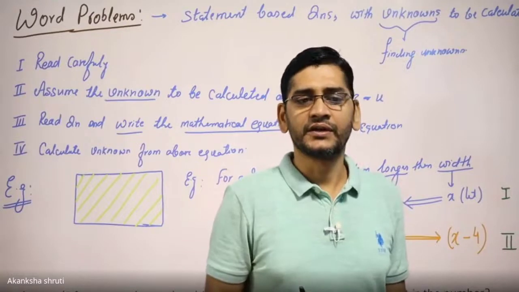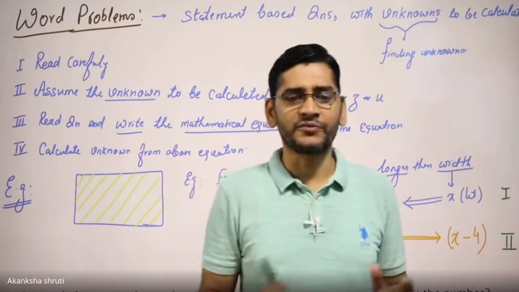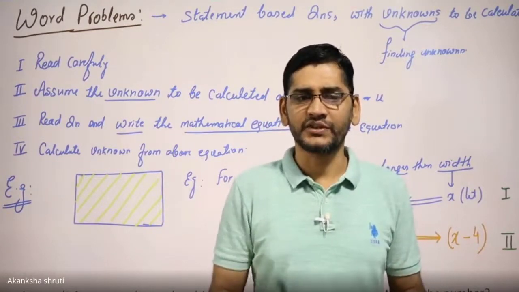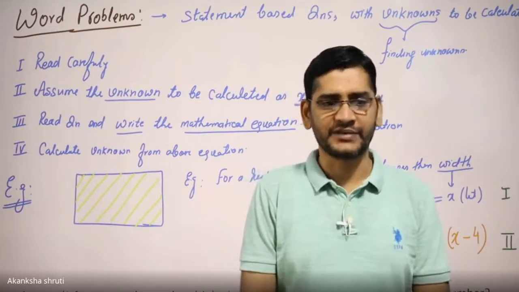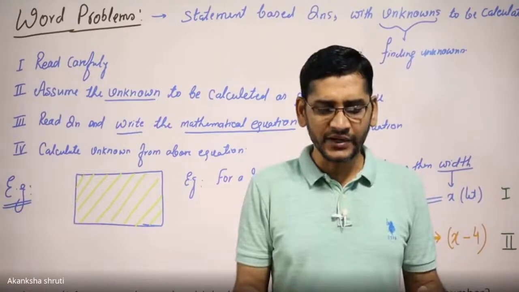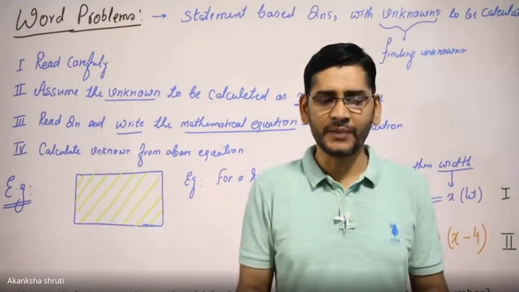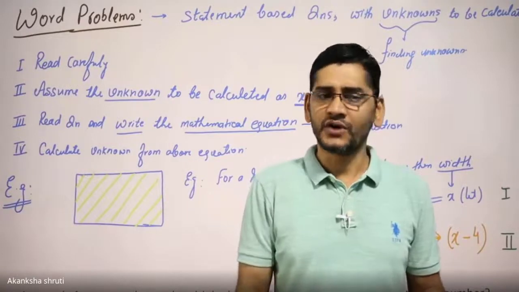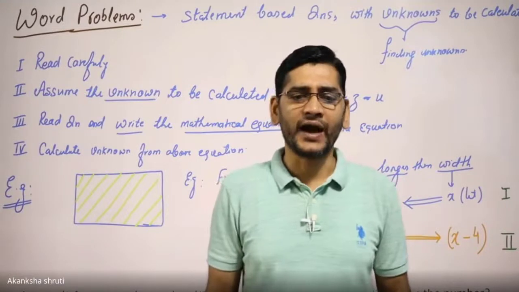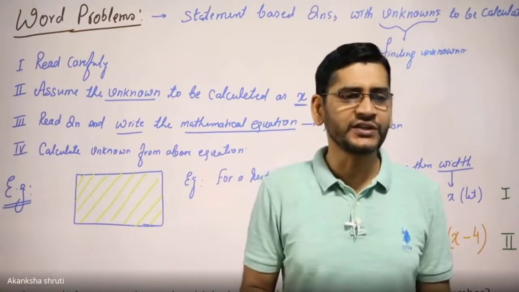But in the previous exercise, equations were given in terms of x, y, some variable, some constant, with an equal sign and a left hand side and a right hand side. In a word problem, the same kind of equation is given in the form of a statement only, and you have to calculate the unknown. So you assume the unknown as x, and apply the given statement carefully to frame the equation.